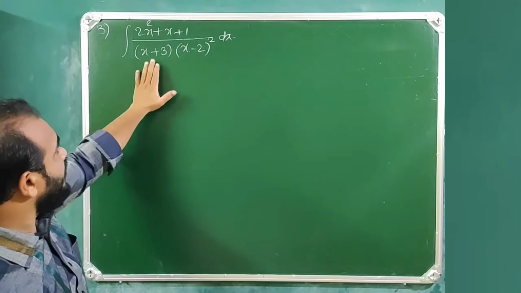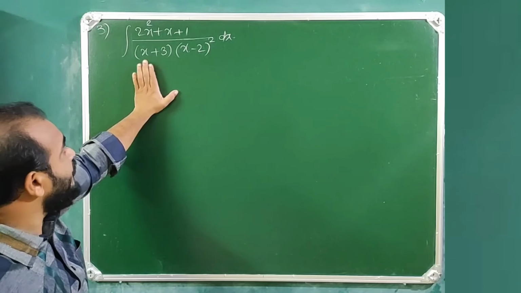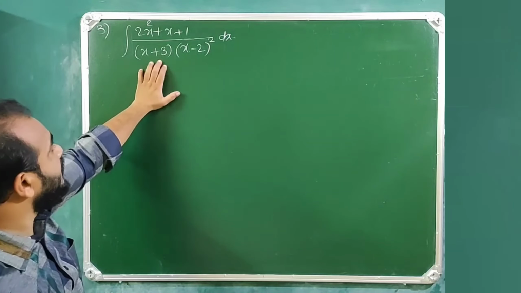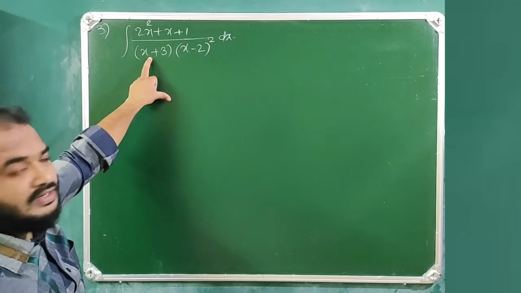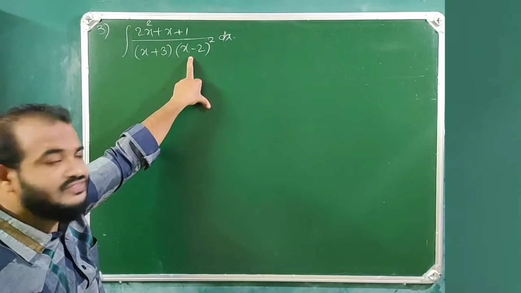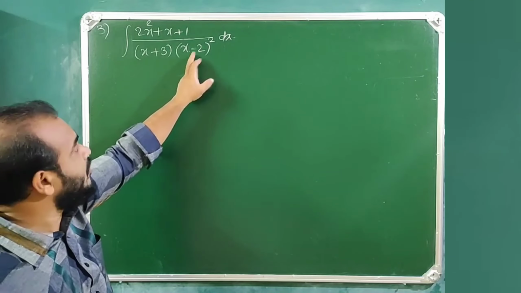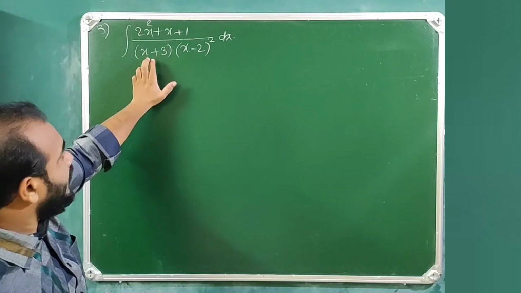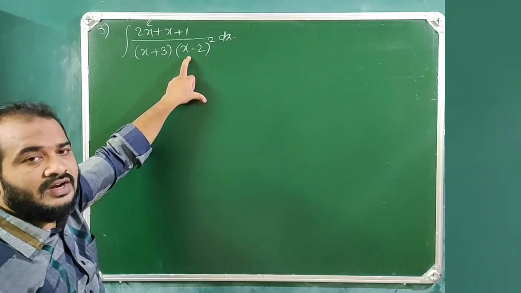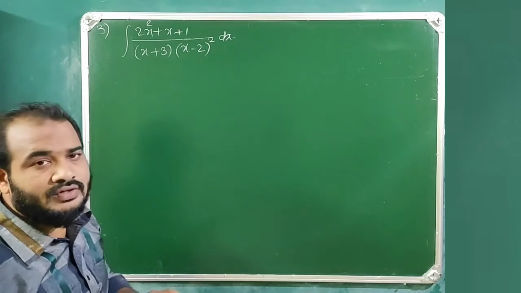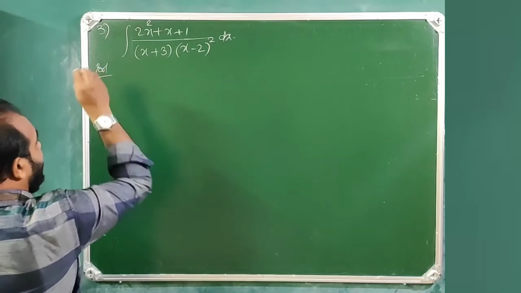Here the denominator contains x plus 3, which is of the form ax plus b, a non-repeated linear factor. As far as x minus 2 whole square is concerned, this is also a linear factor, but it is a repeated linear factor, repeated twice. So non-repeated linear factor is type 1, repeated linear factor is type 2. This is the combination of type 1 and type 2. So let us first take